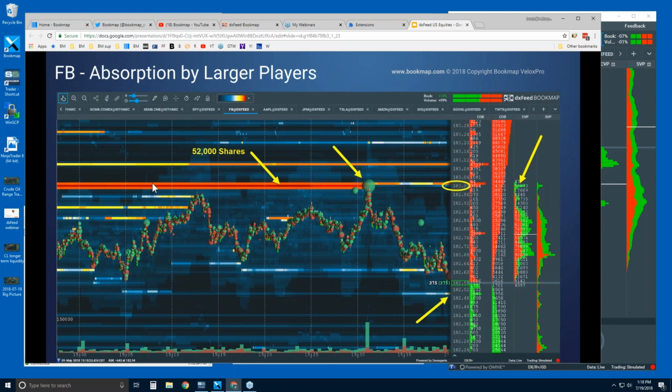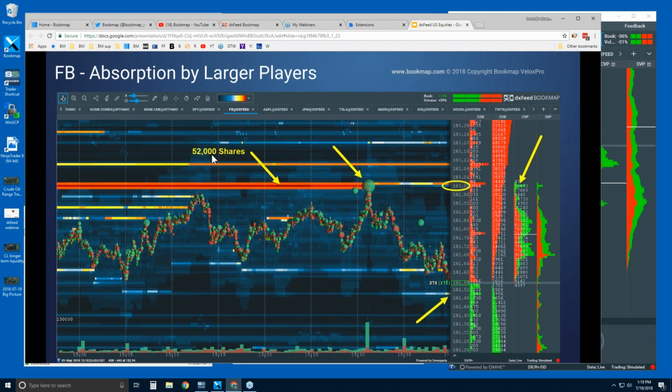All right, and then here's the opposite of that: an area of resistance holding and absorbing. This is what absorption looks like, trading up into very, very high liquidity, 52,000 shares up here. Facebook trades right into it at 183 the figure. And they're still up here. The buyers were not able to press through this area because there was more supply up here. A lot more supply. This is a big cluster of buying, but it was not able to trade into or through all of that